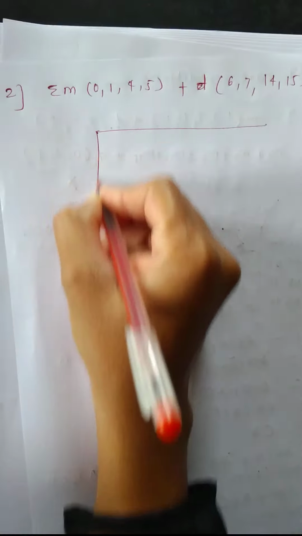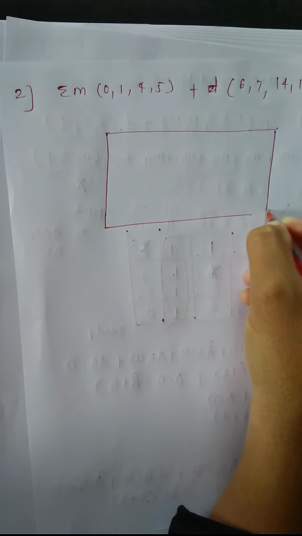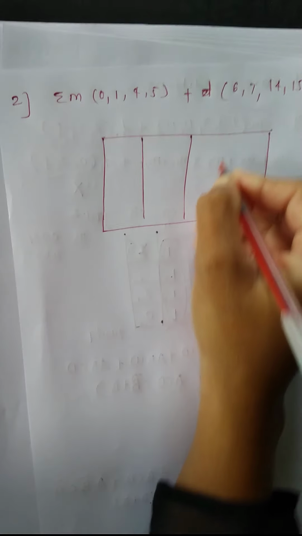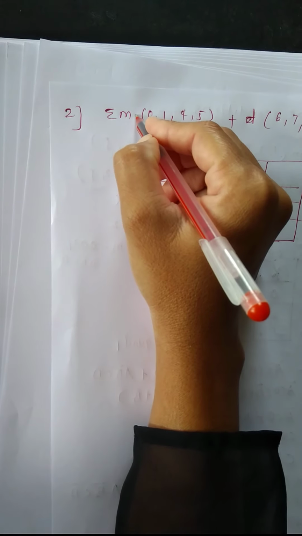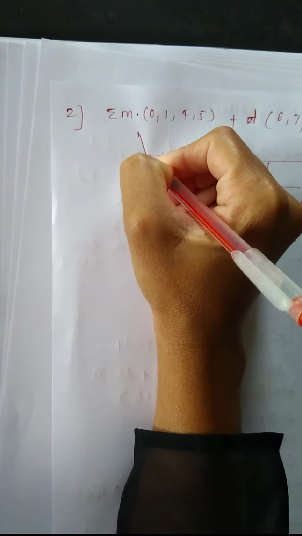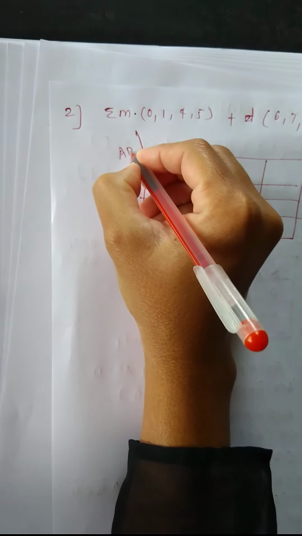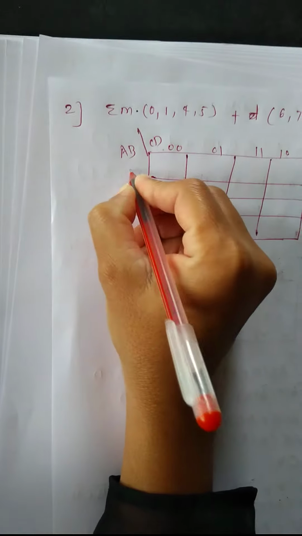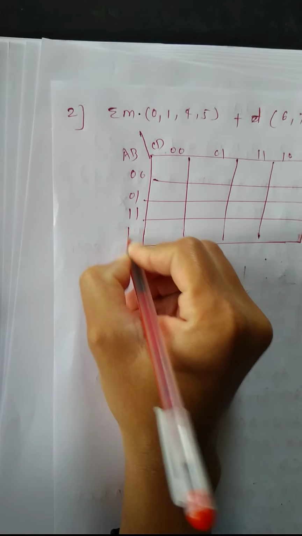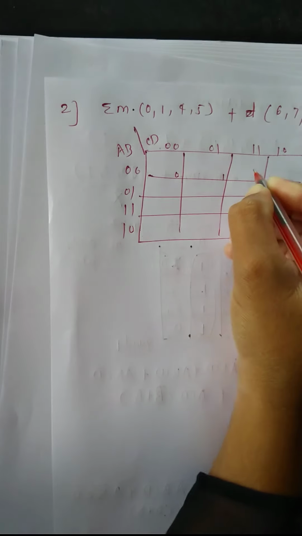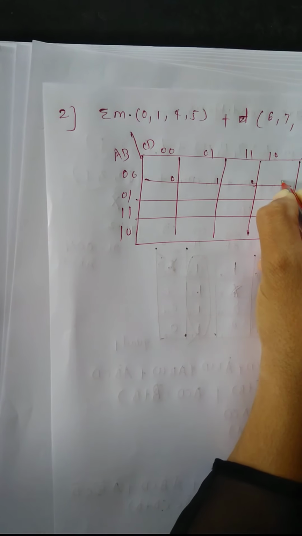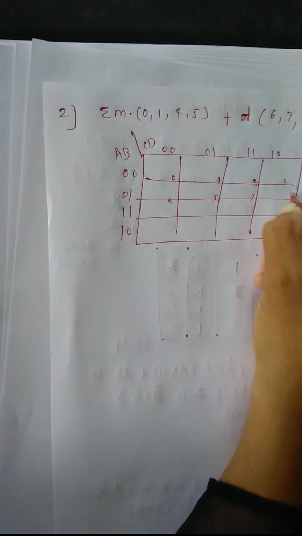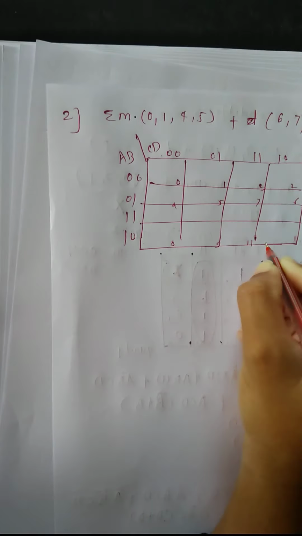So values are from 0 to 15, so we require a 4 variable K-map, and summation m. So these are the min terms, and that expression is in the form of SOP. This is A B C D: 00, 01, 11, 10 and 00, 01, 11, 10. For every box there is a min term position: 0 1 3 2, 4 5 7 6, 8 9